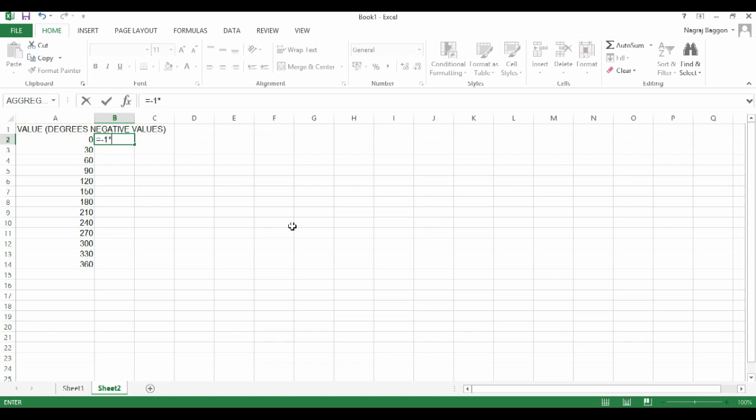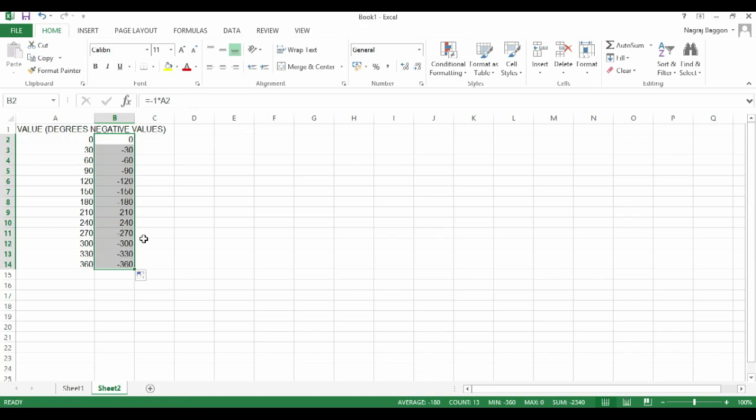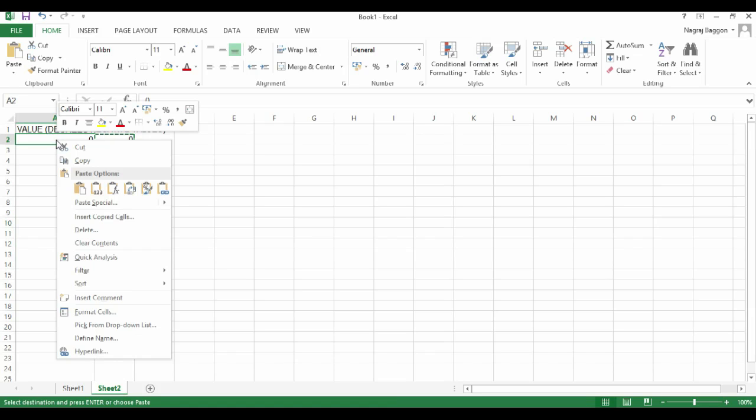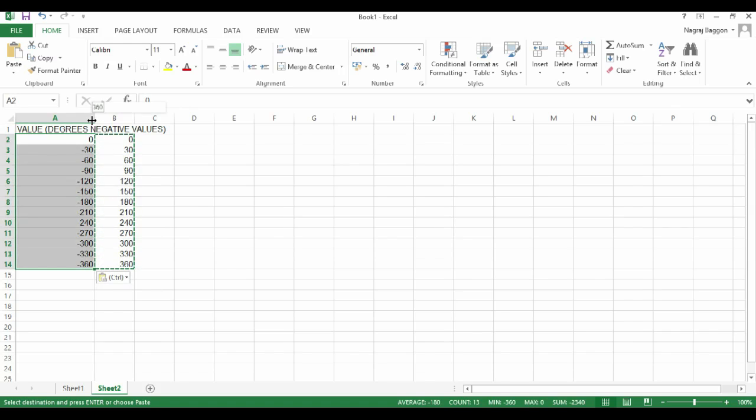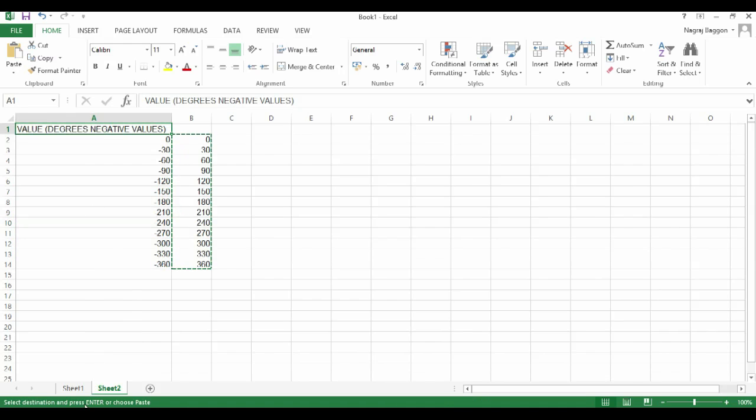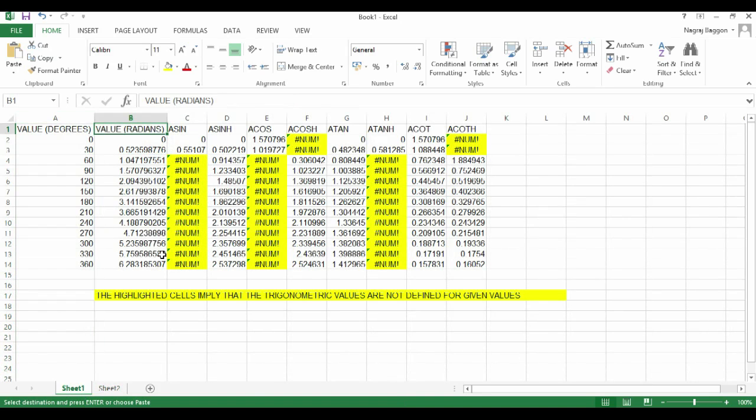Then in column B, I just multiply it with minus 1. So for the value in cell A2, I say B2, I say the formula is equal to minus 1 into the value in A2. And then using the drag and drop function, we do it for all the rows. And then we just simply copy these negative values, and using paste special and values, we replace all the contents of column A with negative values,